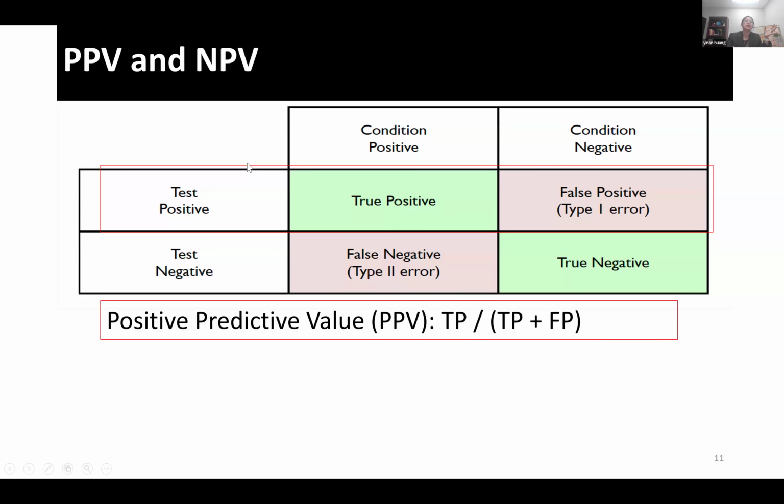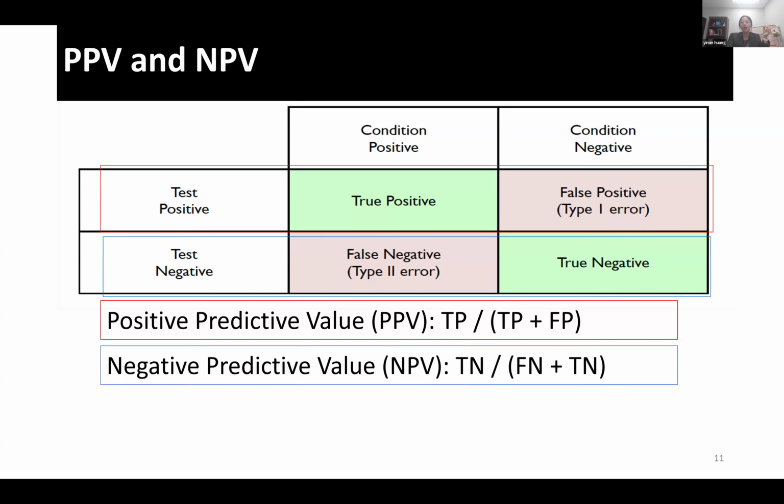It means that among all the possible positive results, what proportion of them really have the condition, right? In contrast, NPV, negative predictive value, means that among all the possible negative test results, what proportion of them are